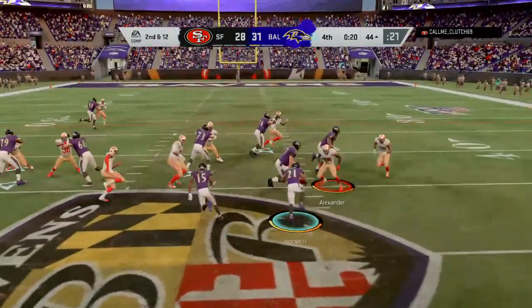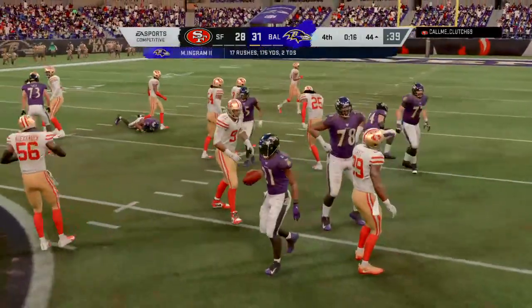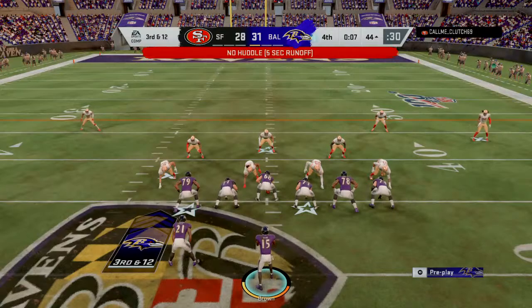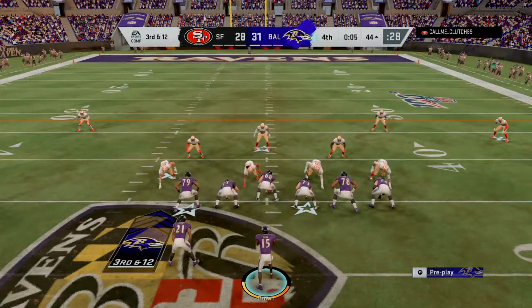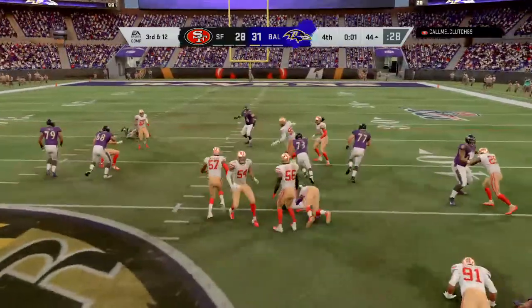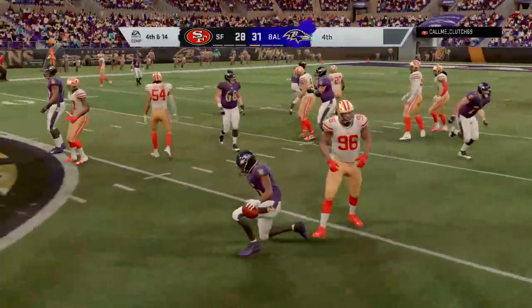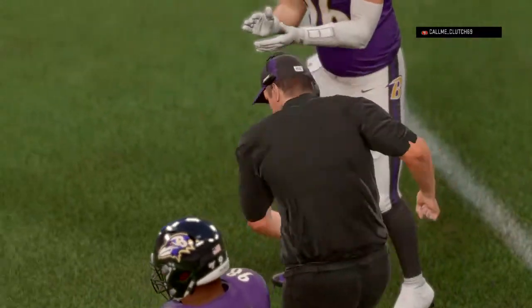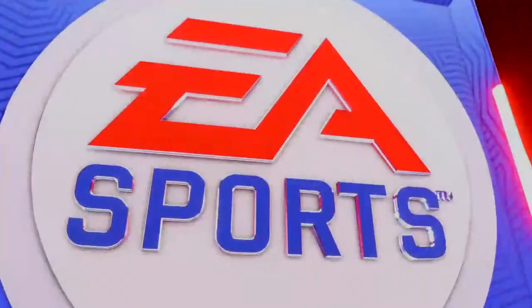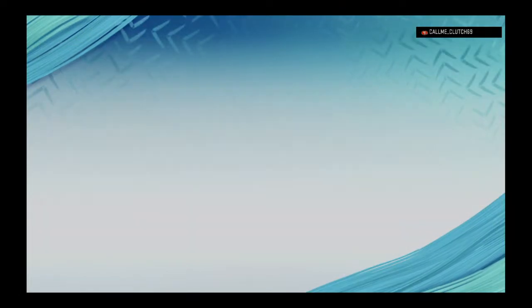Here's 2nd and 12. It's a give to the right. Ingram. And for one of the few times here today, this one's not going to go anywhere. Maybe a gain of a yard that time, but from the spot, actually no gain. So 3rd and long. And that one covered beautifully. Their defenders stayed home, and they'll stop it behind the line. So the final seconds tick away in this Baltimore victory, and they were really helped by their defense, forcing 3 turnovers. I think what we saw in this one